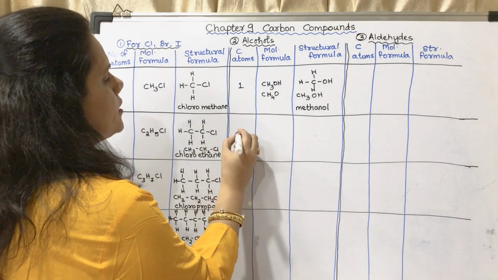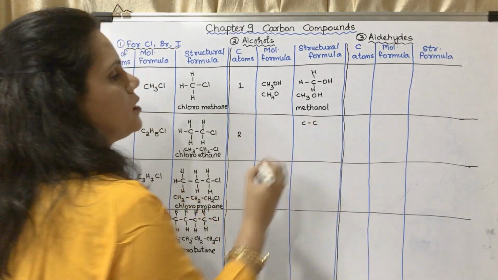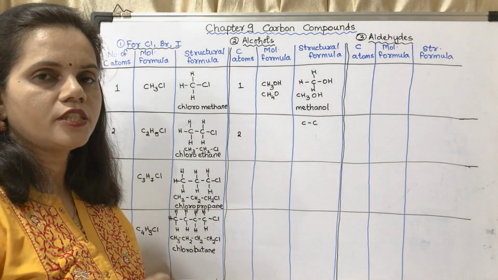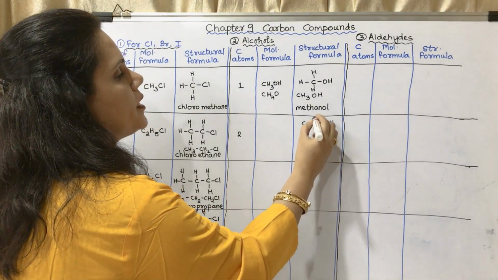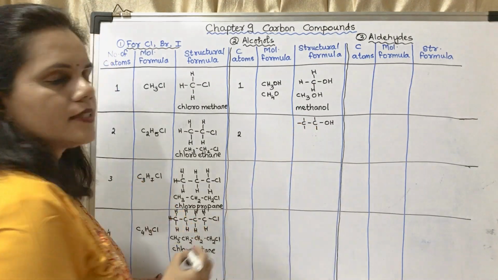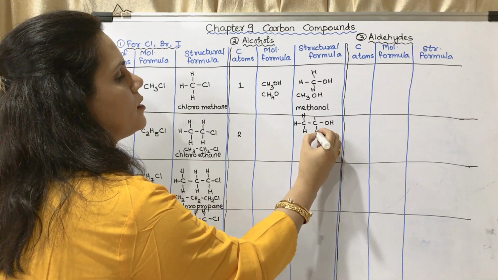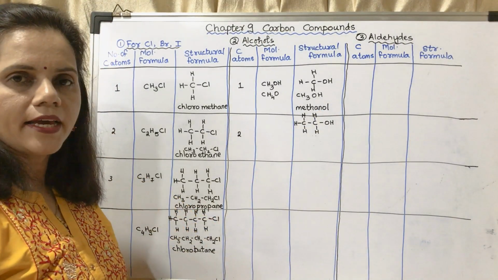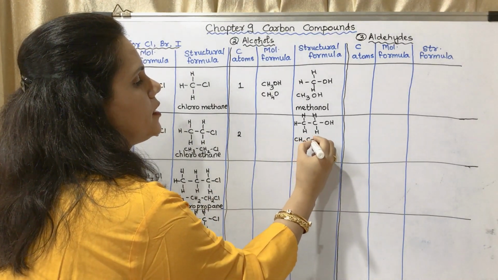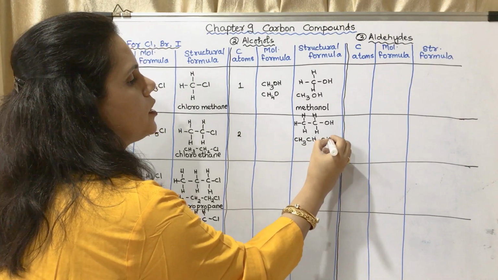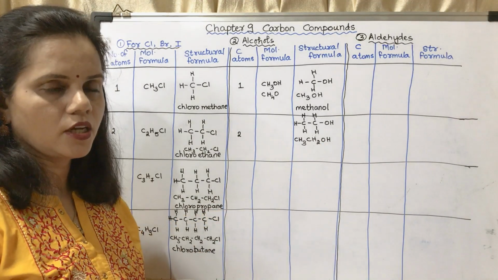Okay, now the next is with 2 carbon atoms. I have drawn the 2 carbon atoms. First we have to draw the functional group. This is the functional group. For this carbon atom 2 are left. For this carbon atom 3 are left. So everywhere there will be hydrogen. Okay, now what will be the condensed structural formula? It will be CH3CH2OH. OH is the functional group. From the condensed structural formula you come to know what the functional group is.